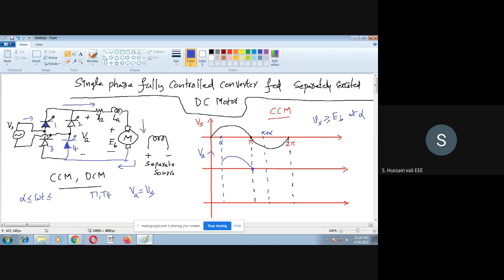But the problem we will face is that the armature inductance, this LA, is there. While T1 T4 are conducting, there will definitely be some energy stored in the armature inductance of the motor. So when you turn off these two thyristors before the energy in the inductor gets dissipated, a problem will occur. That is the nature of the inductor. The energy in the inductor has to circulate through a certain path.